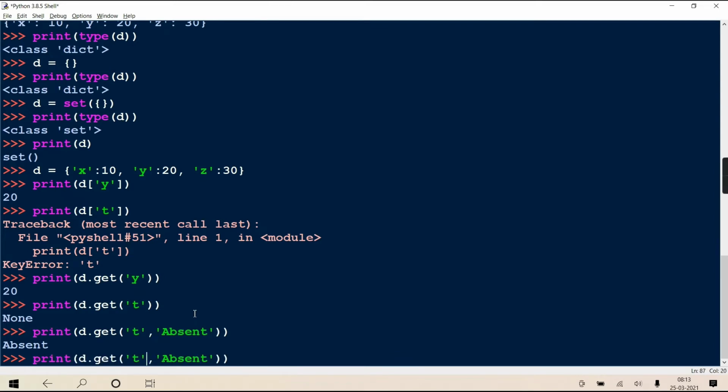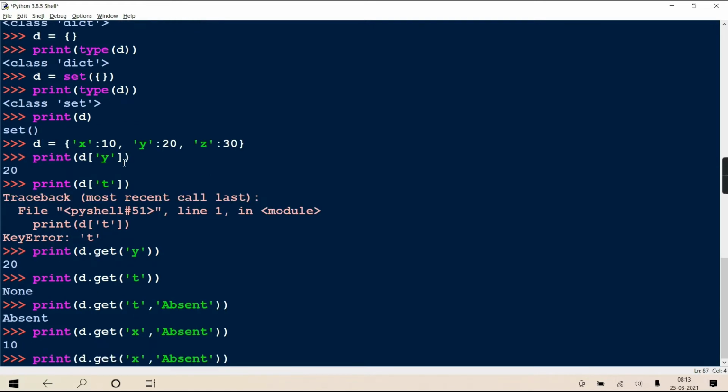If the key is present, no issue, it will not use that. Like x is present, so it will return 10. But when I use something which is absent, like get of P, and P is absent in the dictionary, it will use this default value. If you haven't given a default value, it will return None.